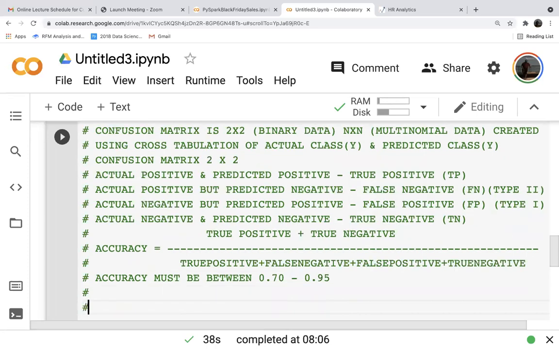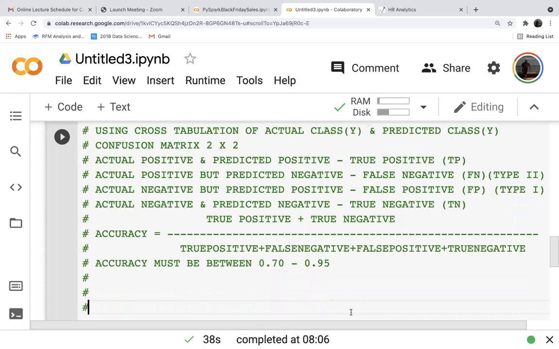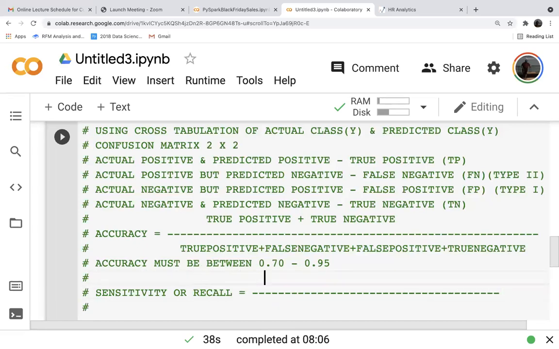After accuracy, we also calculate certain other metrics. What are those metrics? Sensitivity, also called recall. Can anybody give me the formula for sensitivity or recall? It is true positive divided by true positive plus false negative.